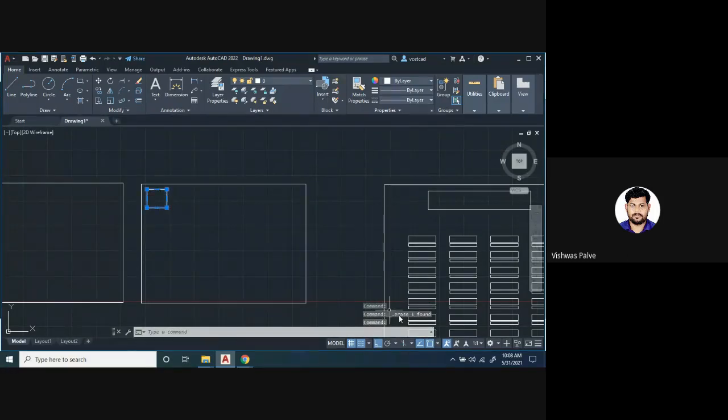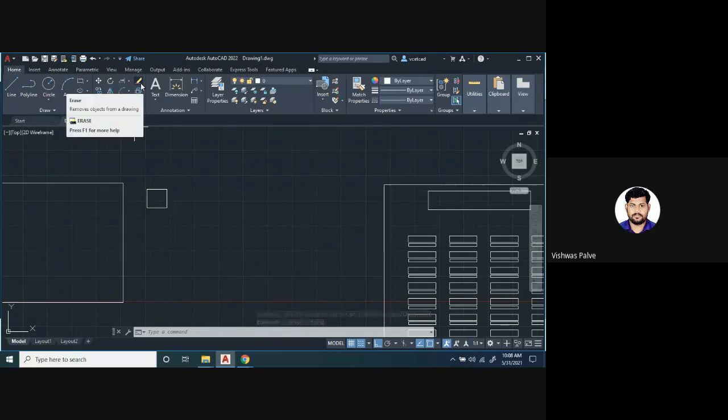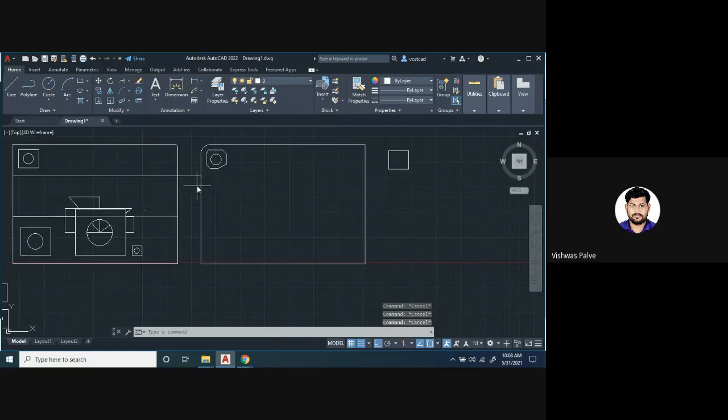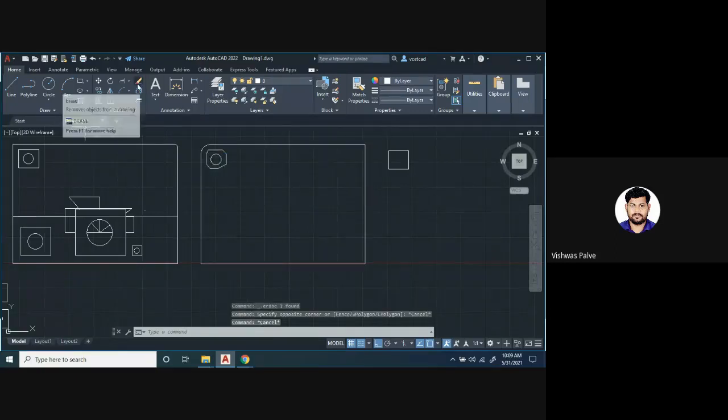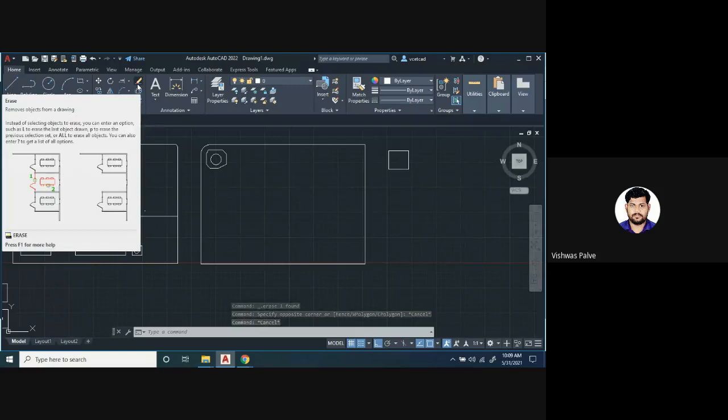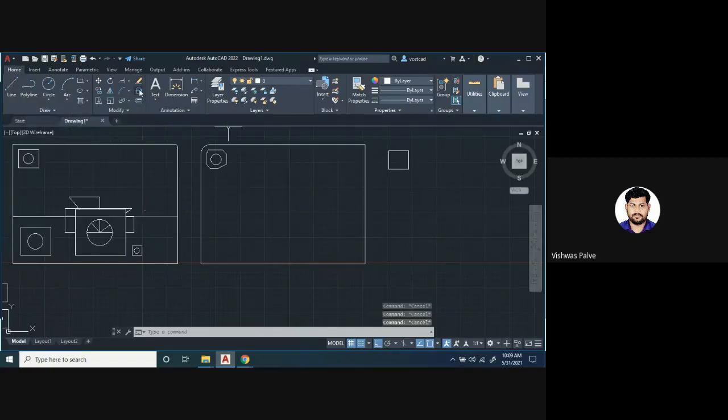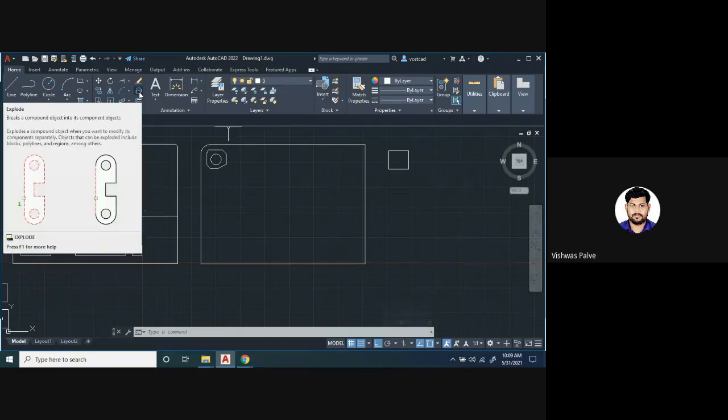You can see the command line directly, it doesn't say delete, it says erase. So this is the same option which is available on our keyboard, that is deleting the object. Okay, so it was very simple, already we were using that option. Suppose if I want to delete this line, select it, press delete, directly it will delete the object. So that command is available on screen in the form of erase, removing the object from the screen.